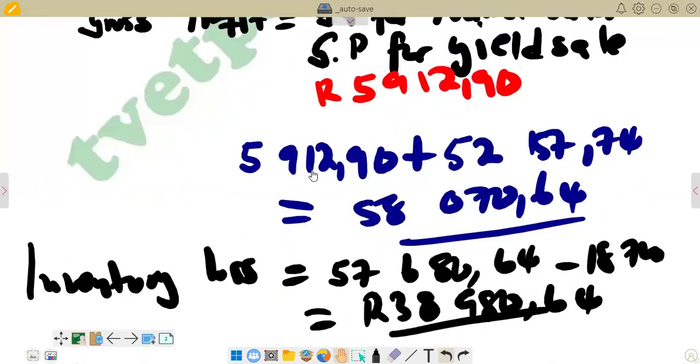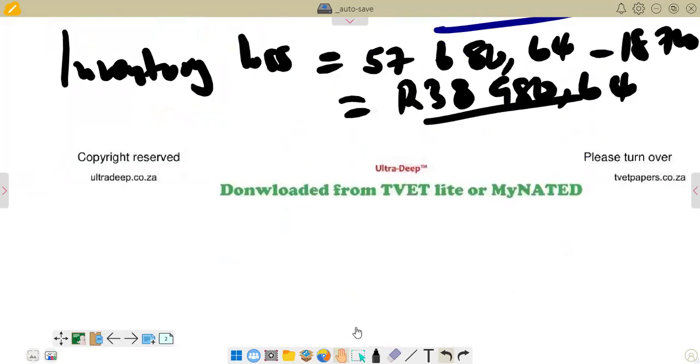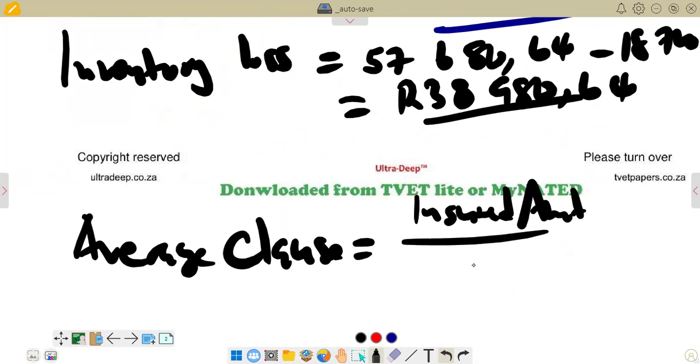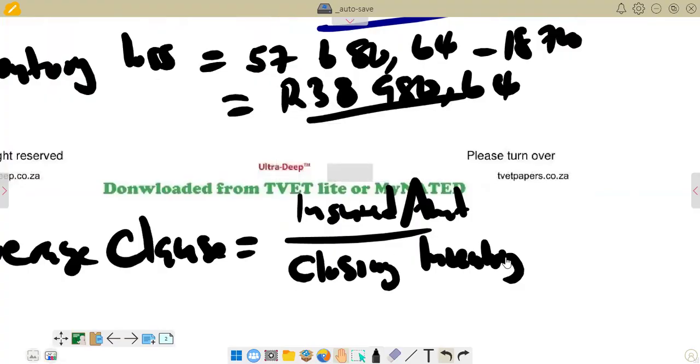Remember the formula that we use for average clause: average clause is equal to insured amount over closing inventory, or insured amount divided by your closing inventory, and then you multiply